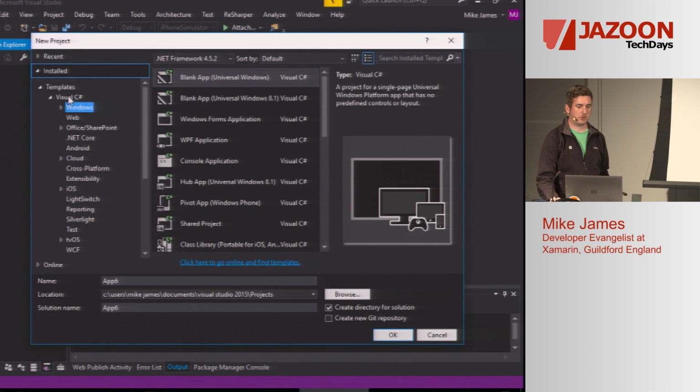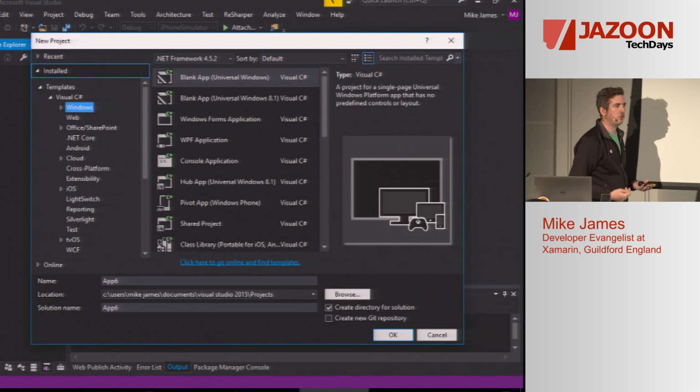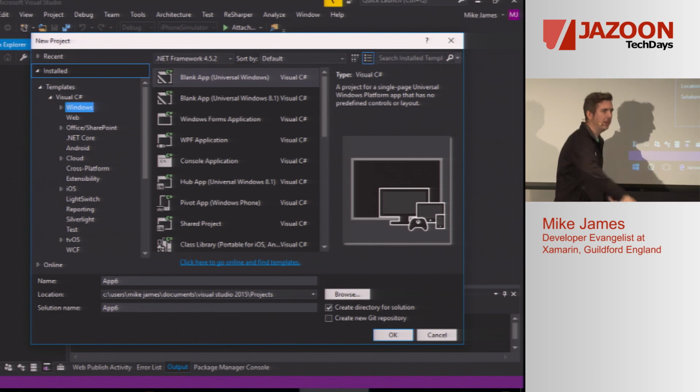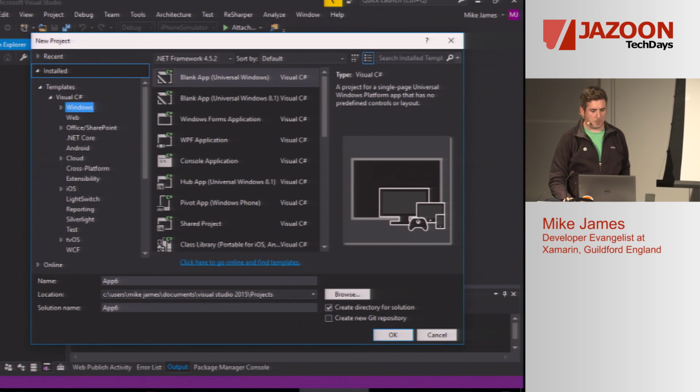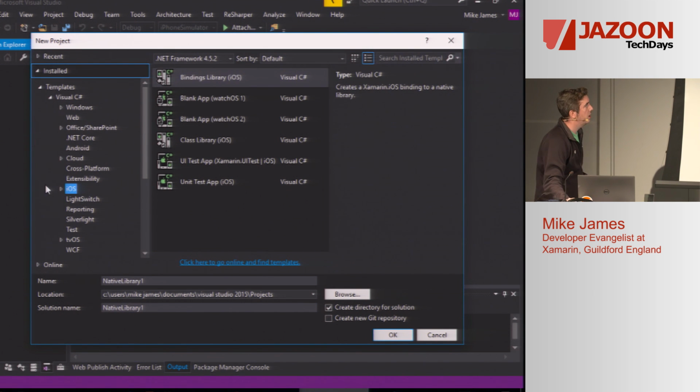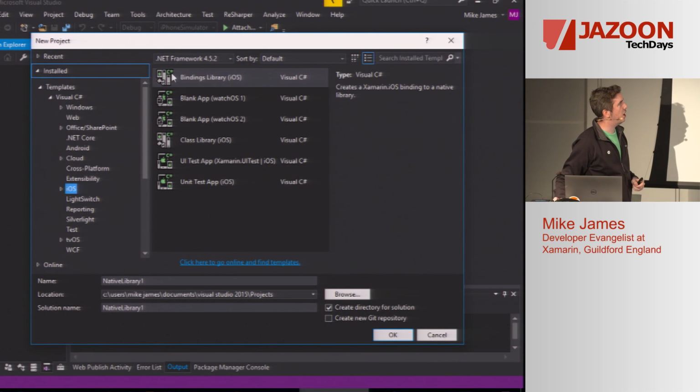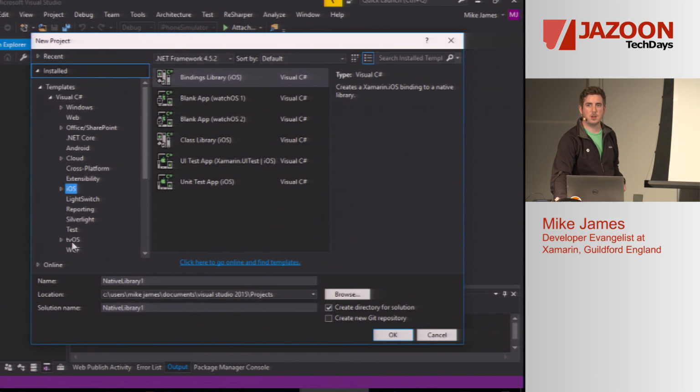And when you've got Xamarin installed, which comes installed with Visual Studio, if you just go ahead and say, I want everything, it's going to download like 1,000 gigabytes worth of stuff. But what you really want is just a cross-platform mobile, and you'll get Xamarin installed for free. And then you get these extra solution templates. So we have iOS. You see we've got tvOS as well, if you want to build a TV app for the new Apple TV. We can do watch apps, and we've got Android as well.